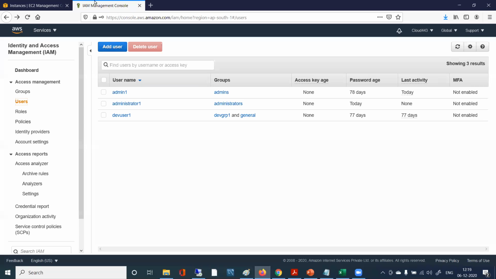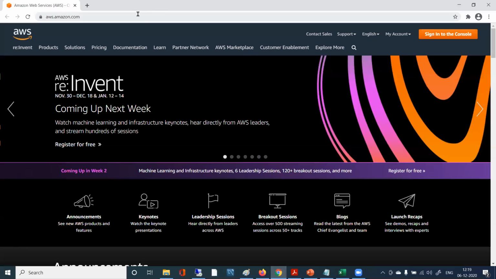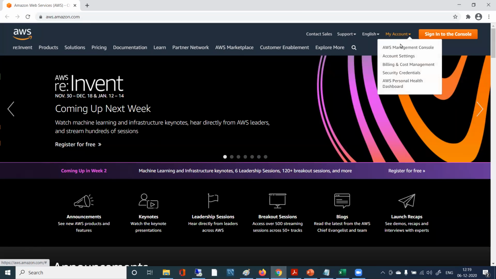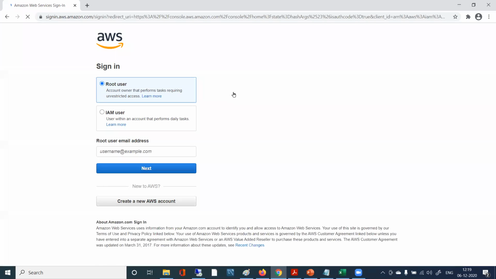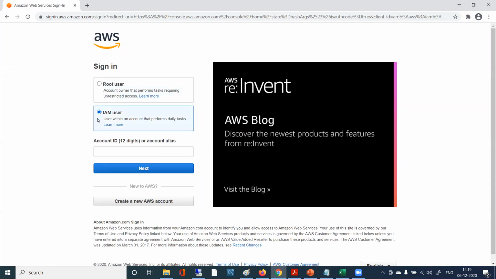Open a new tab and try. It was asking me, a pop-up came. So here I just logged out. Okay, good. Now try to sign in. It is asking for the account ID, 12 digits. So you can use this account ID, then next, username and password, or